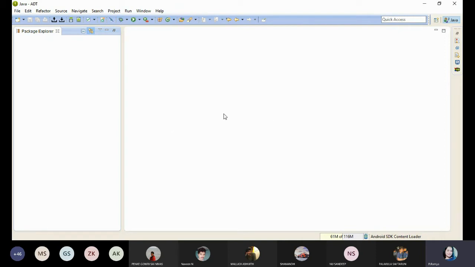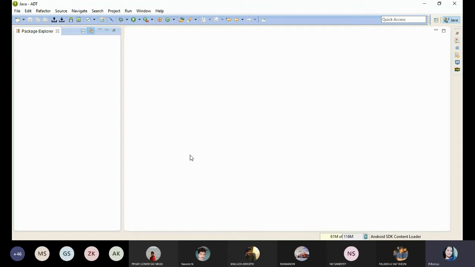But if you want to work with an application, whether it is a mobile application or web application, the majority of people will prefer the Eclipse platform. Eclipse IDE, platform, IDE, everything will be the same. Here I just selected Eclipse for developing an application. Whatever the application, it doesn't matter. Now I'm going to create a new Android application.